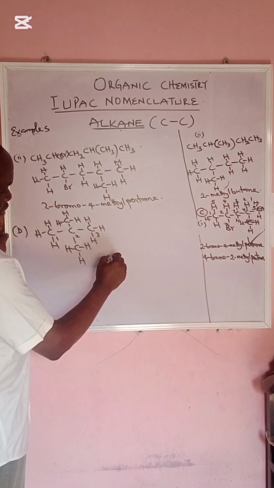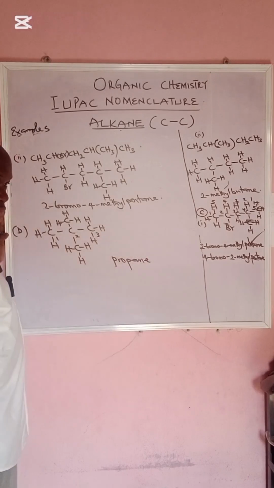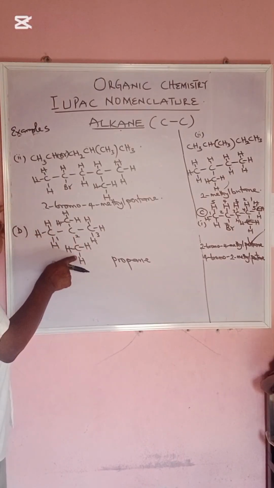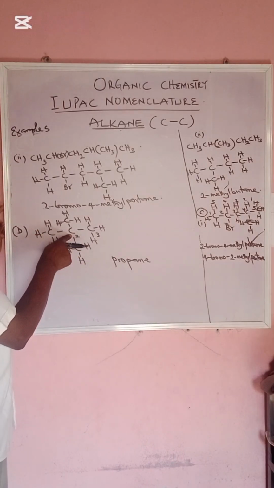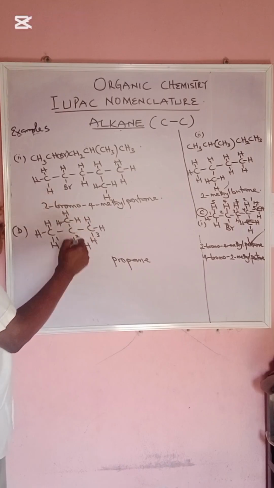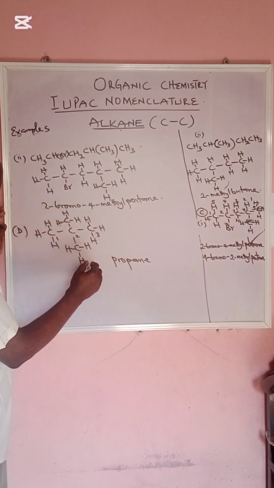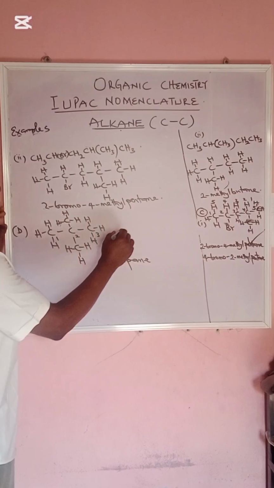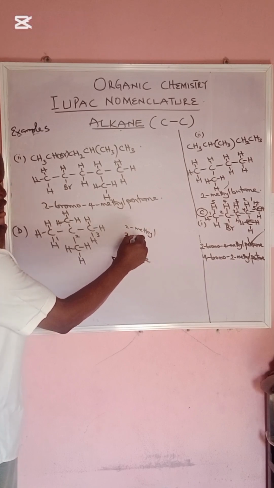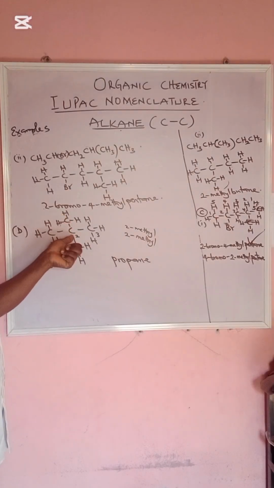That's 3. So having considered that, you can see methyl attached to carbon 2. Another CH3 here. We have 2 alkyl groups attached to carbon 2. So 2 methyl, another 2 methyl, then you call it 2,2-dimethyl. Methyl on carbon 2, another methyl on carbon 2, so it will be 2,2. When you combine it, then we now say 2,2